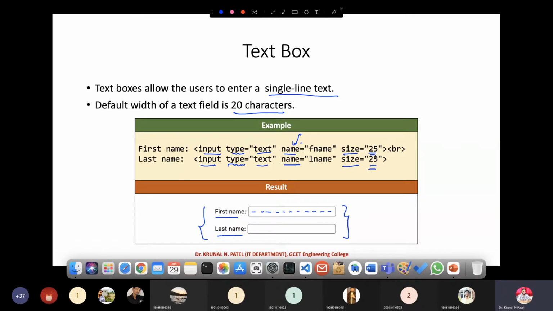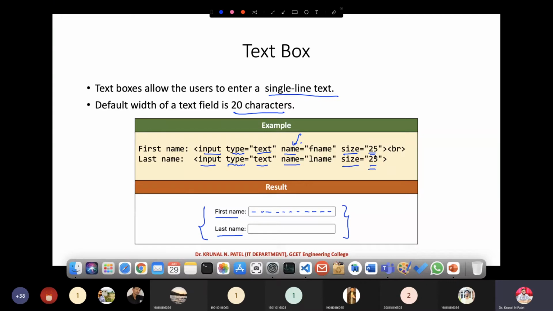Normally when we use a text box, we don't expect a much longer input. In that case only, you go for the text box. So 25, up to 30 or 50 characters are well enough to take some input in a text box.